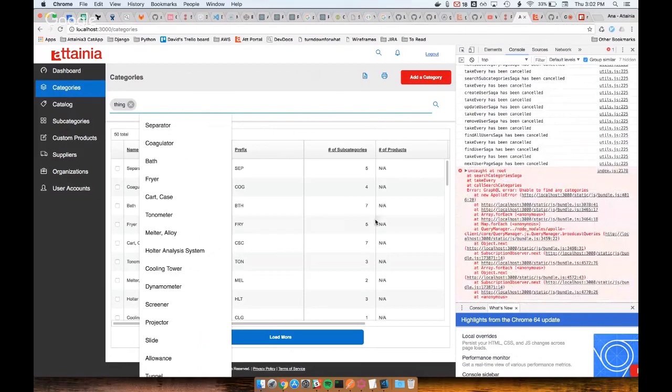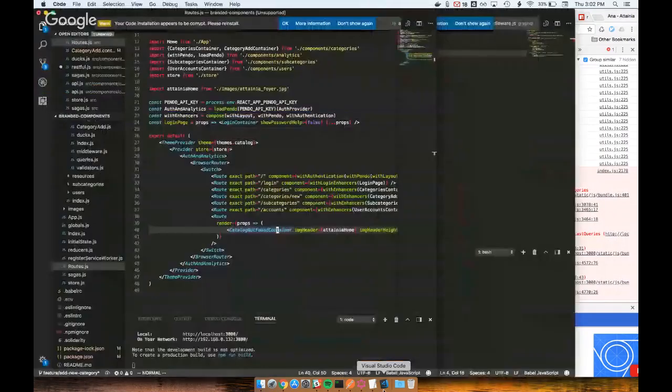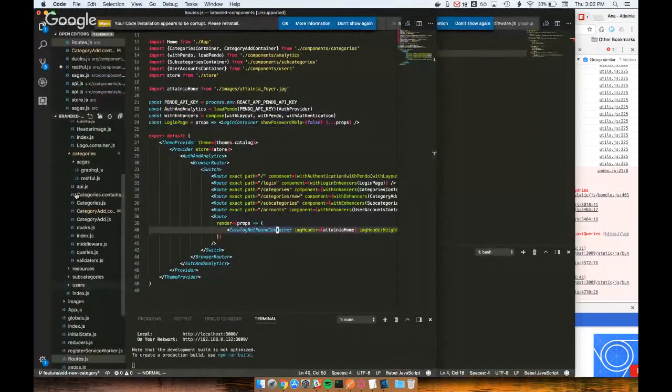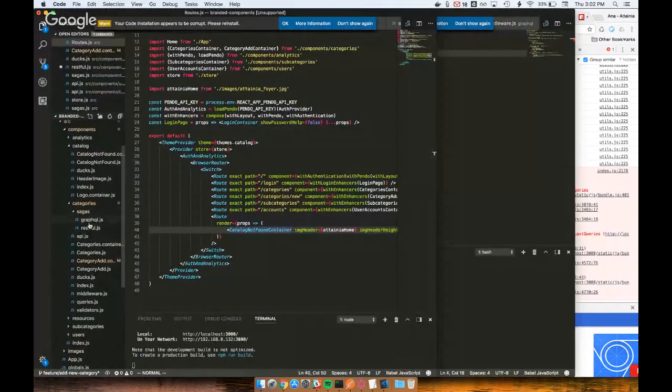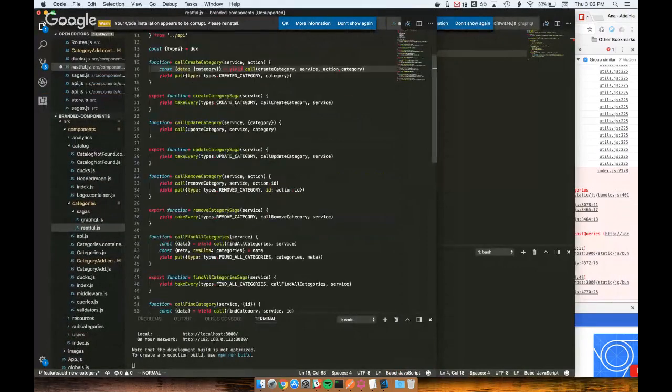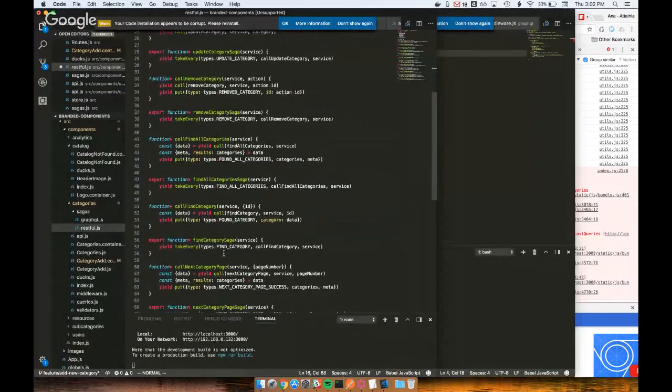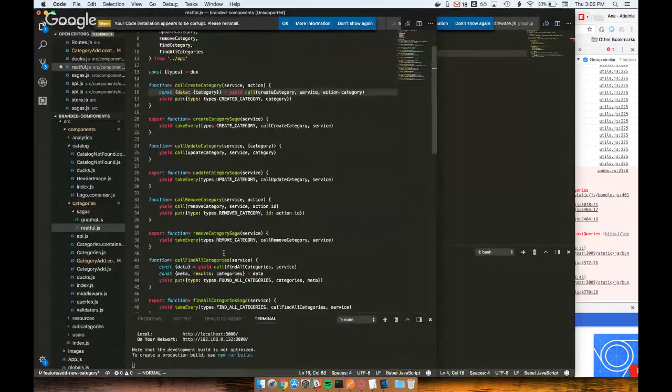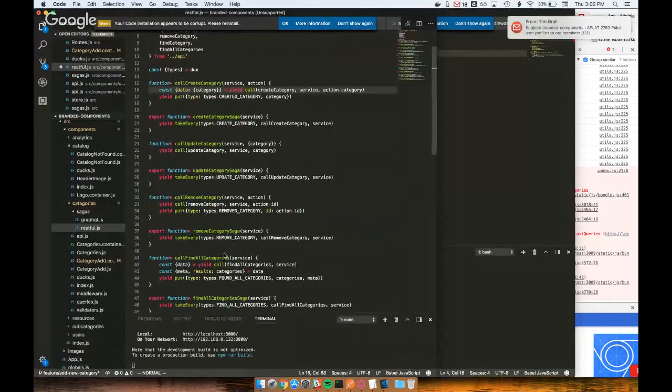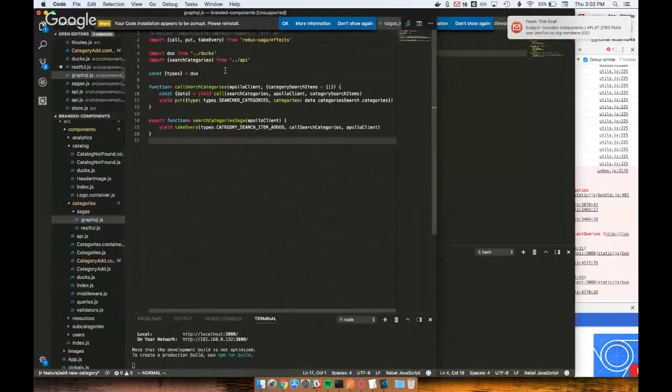So that's just what I wanted to show. And you can see where this is being called inside of the sagas. So the action of, where did it go? Oh, it's in GraphQL. So search categories is